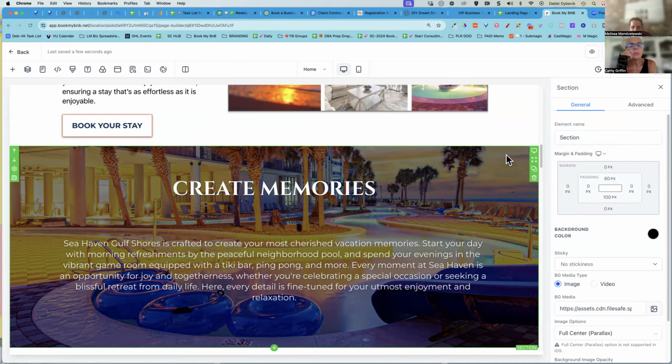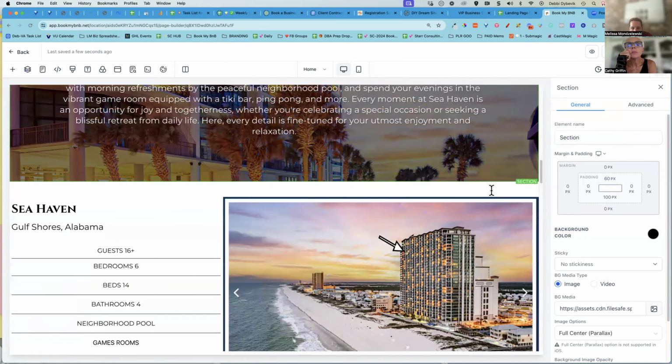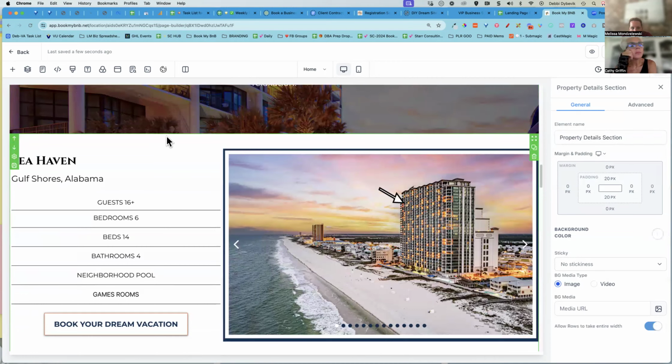So here I'm on this section, and notice it just says section. This one I named property details section. There are a couple of reasons I like to name some of my sections. Later, if I know I need to come back and change this, it's easy once I've named it